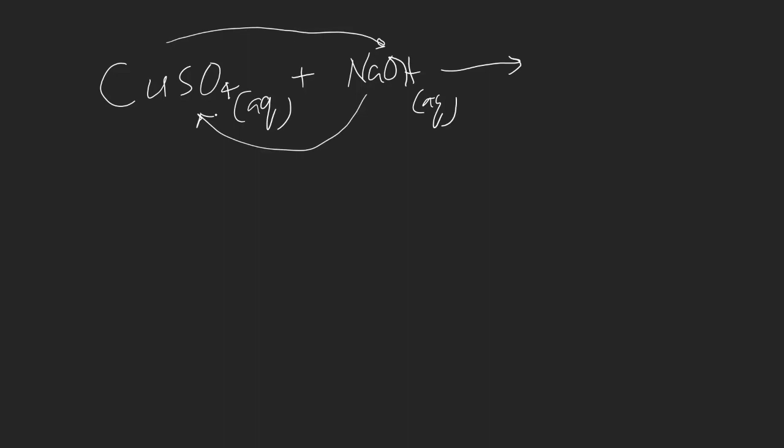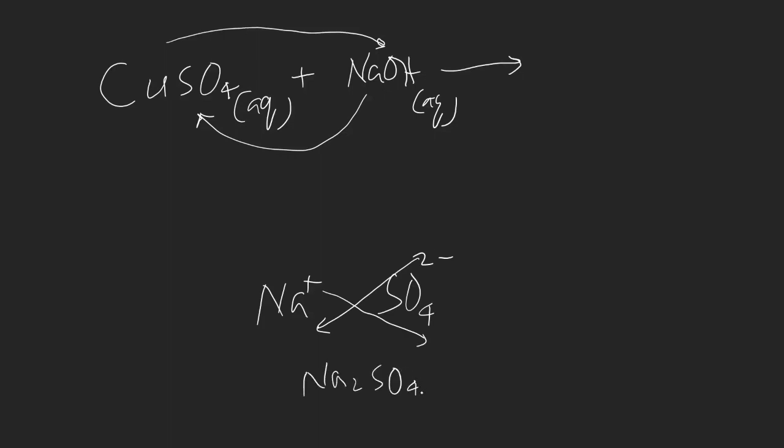But before you write the formula on the other side, you need to apply the rules of writing ionic formulas, because sodium is +1. Remember, sodium is +1 when it is going with sulfate. So sulfate is 2 minus. So crisscross method, this 2 goes there and this 1 goes there. It becomes Na2SO4. So we need to make sure that we follow these formulas. So when sodium reacts with sulfate, it becomes Na2SO4,